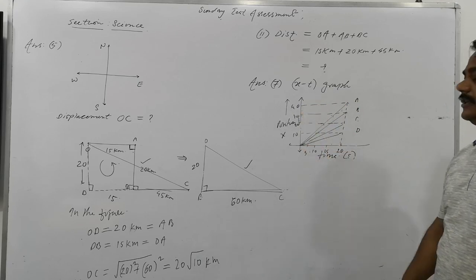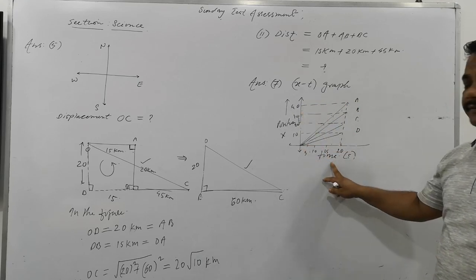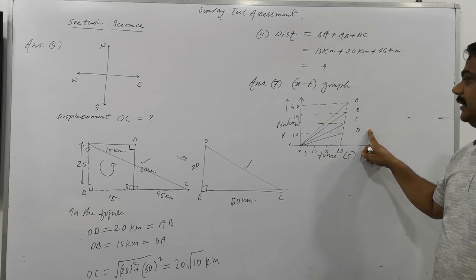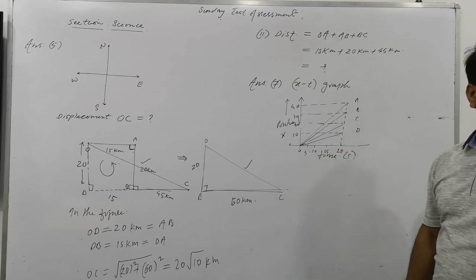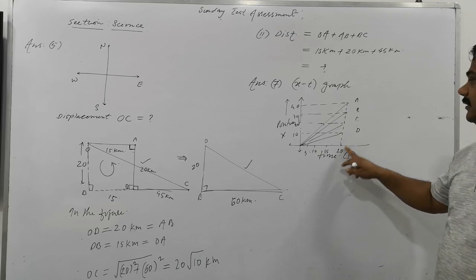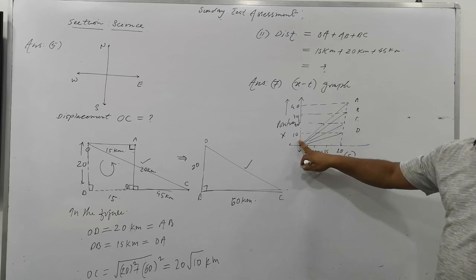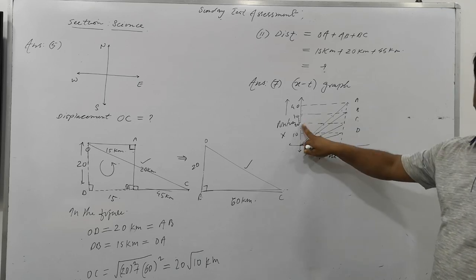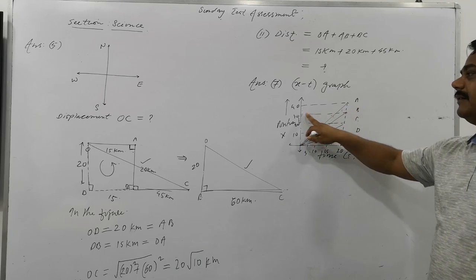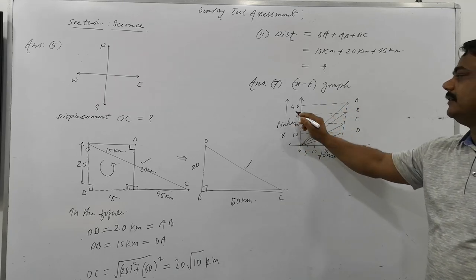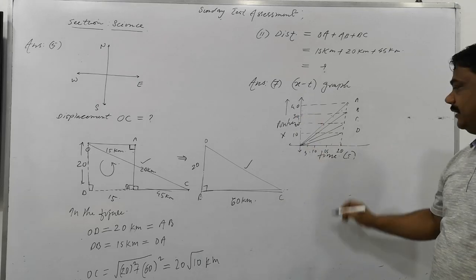Listen please. What is the information gained by the graph here? It means that 4 objects are moving and their graphical representation is before you on the screen. So in 20 seconds, object D travels 10 meter. Object C travels 20, object B travels 30, and object A travels 40 in 20 seconds.